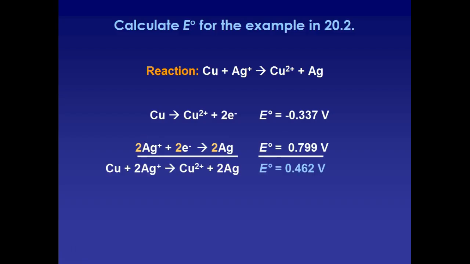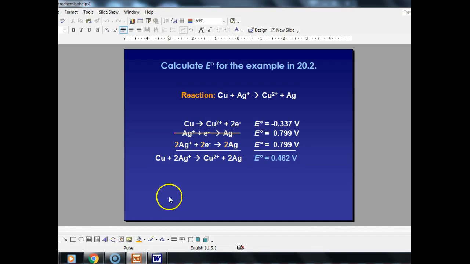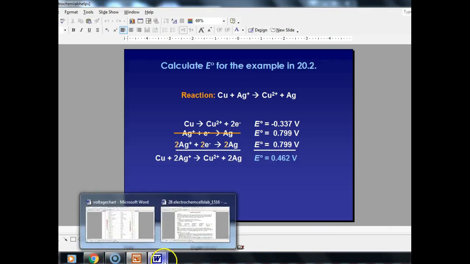Okay, notice that even though I doubled the silver to make it a balanced equation, the voltage did not change. It's still 0.462. Okay, now I know I have a little bit more to show you. I think there's a couple more slides. But if we go back to the lab,